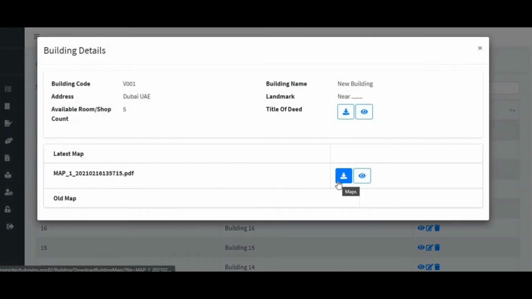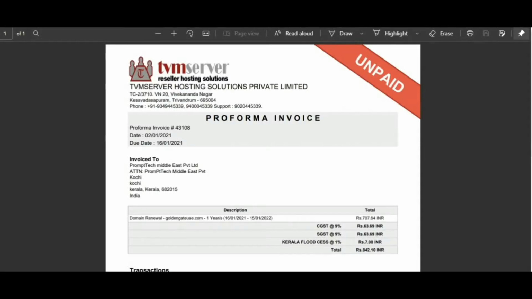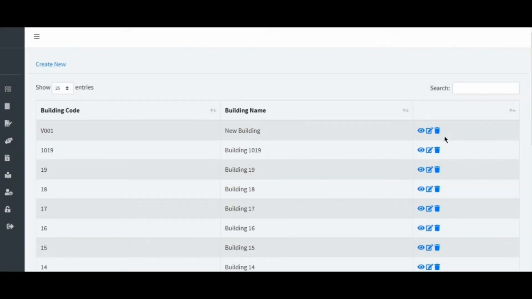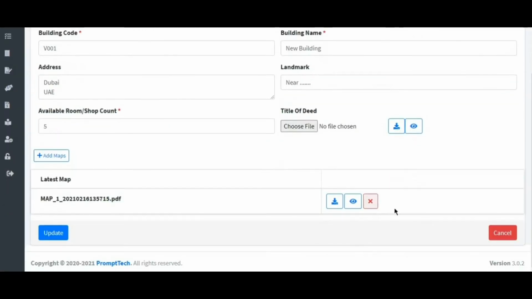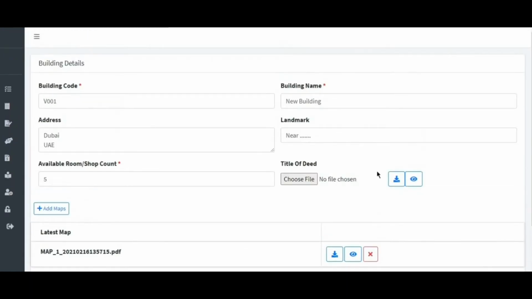You can see the download option. In future, if you require the delete option, that can also be there. Now this is a similar one where I showed you the delete option and everything. I'm just showing you the details around, which will be helpful for you. Yeah, these are the details which you can see. Anything you want to add, you can add the map as well, right?